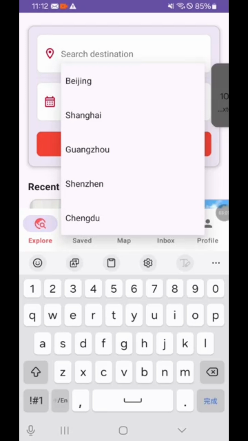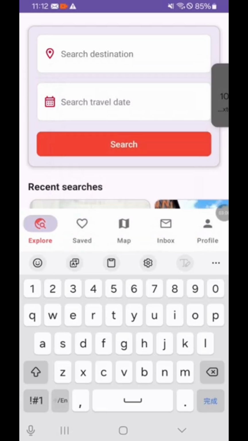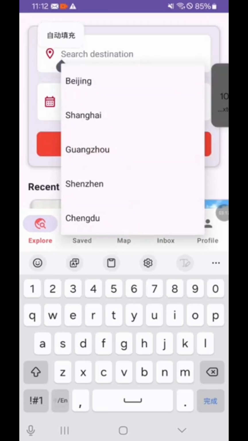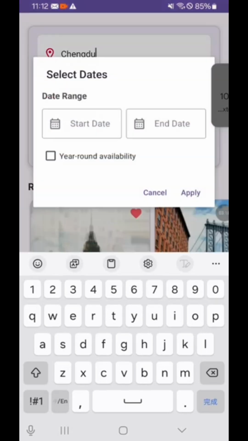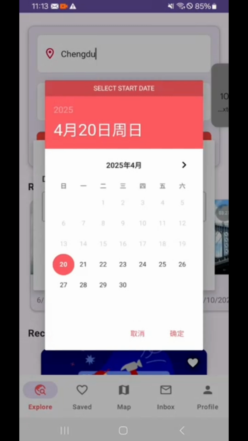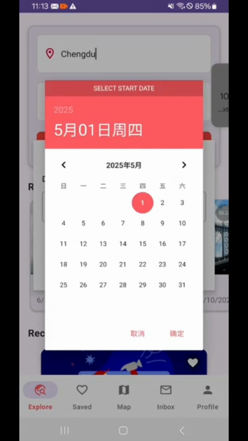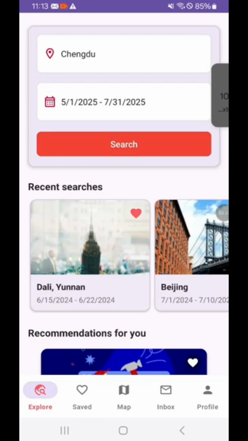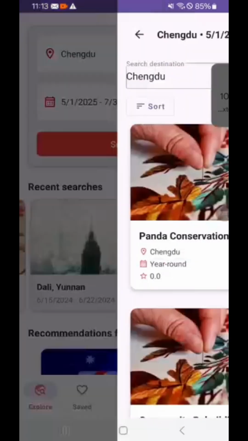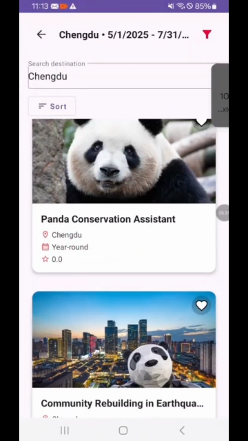So on the home screen, users can easily search on their preferred locations. Let's do Chengdu, and preferred time, like when are they available, right? Let's try. Or we could do year round and search it. Yeah, and we see a lot of posts